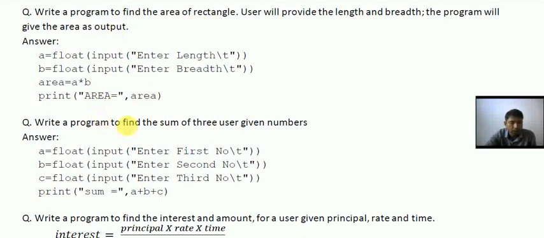Similarly we can also find the sum of 3 numbers. Here as you can see I have taken 3 variables, then I have written here sum is equal to, so in the output there will be sum equal to, then here comma a plus b plus c. So after sum it will be a plus b plus c, means those variables will be summed up, okay, and printed.